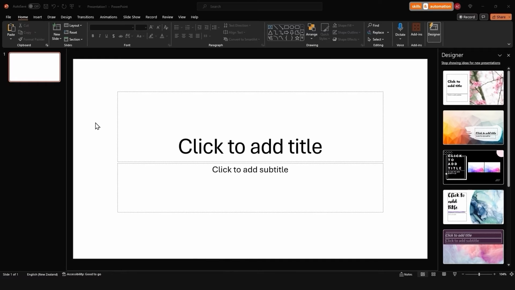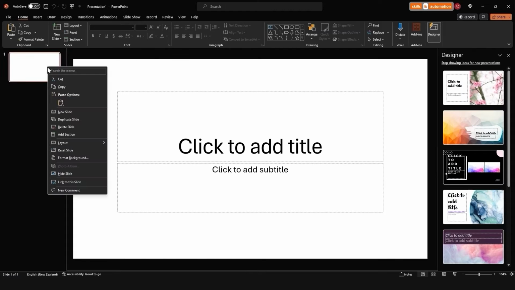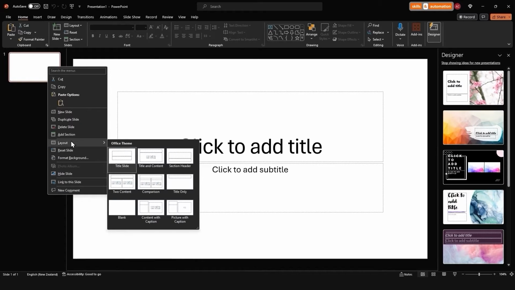Any PowerPoint file will contain some default layouts. We can check those out by going to the Home ribbon and clicking on Layout, or we can right click against the slide and go to Layouts. We can see many layout options. The slide that we are currently on is the title slide. For the next slide, we could go with another layout, and we will be using different layouts to create our